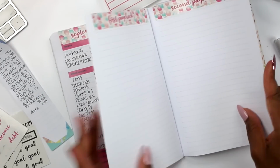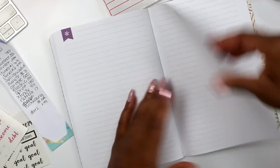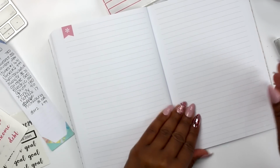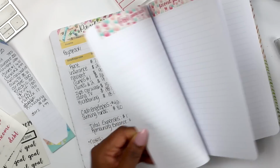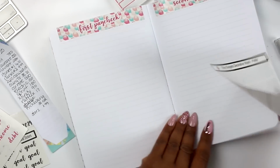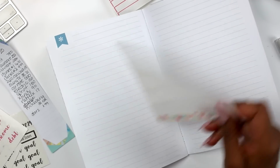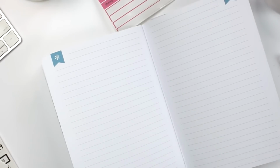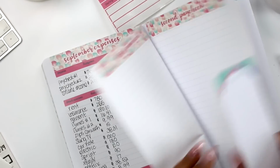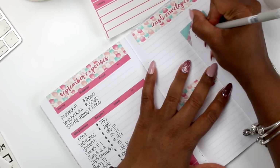Okay, so September there's 4. Make sure I have enough pages. 1, 2, 3, 4. That's October. 1, 2, 3, 4. November. 1, 2, 3, 4. December. Okay, so I have enough pages that I can go into another one without messing up stuff. Or I could use a sticky note, I guess. I said I want to make a sticky note. Okay. Yeah, let's make a sticky note. Let's utilize our sticky notes. All right, so this will be September